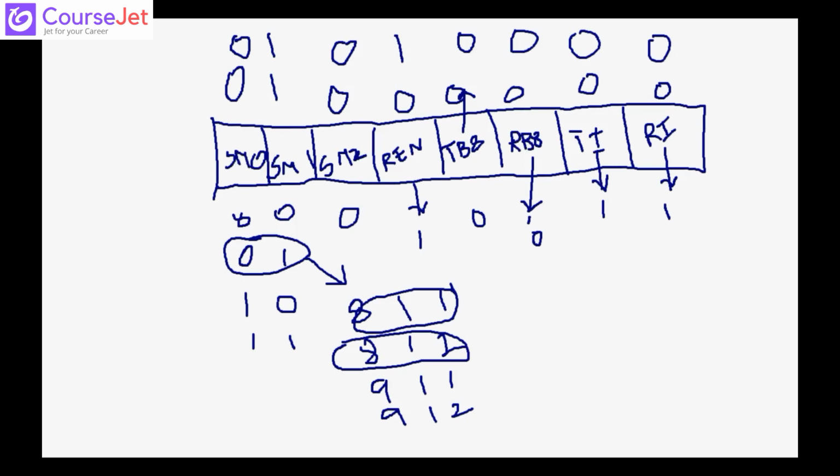Right. Now, how to do the serial communication programming? First, we will load one particular value in the TMOD register. What is that value? As I said, we will be using timer 1, mode 2, auto reload mode, to select the baud rate. If I want to go with a baud rate of 9600, then I will have